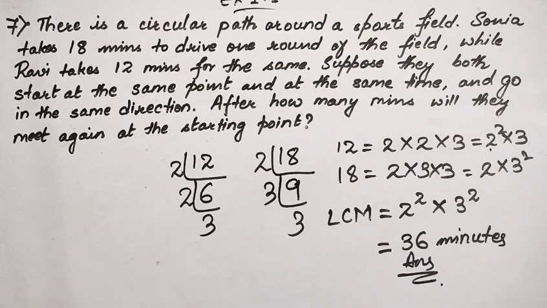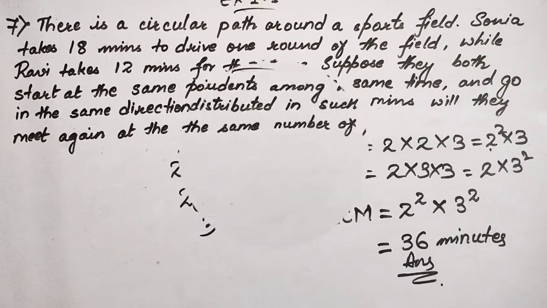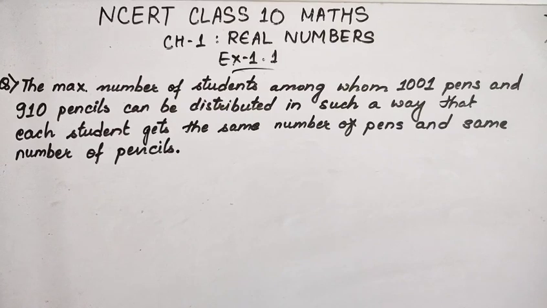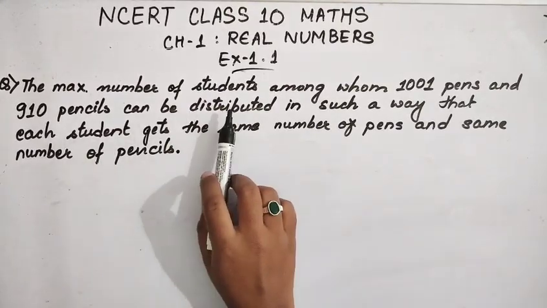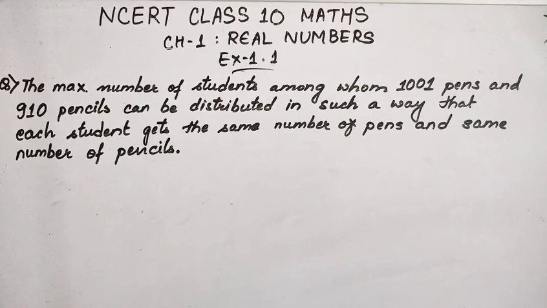Now exercise 1.1 is finished from the book, but I have taken some questions, as I have mentioned earlier, to make you understand where to apply LCM and on which questions to apply HCF. Here we have another question which says the maximum number of students among whom 1001 pens and 910 pencils can be distributed in such a way that each student gets the same number of pens and same number of